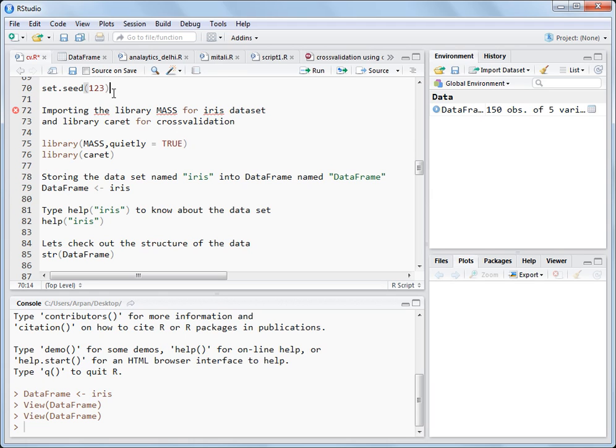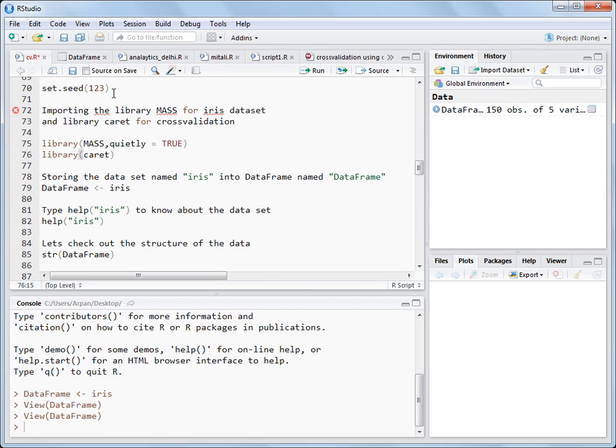So what you do is you start from here. You import the MASS library and the caret library. MASS is being used for the iris data set, and there's the caret package. You will be using the caret package because it has many models like random forest, decision tree, and other kinds of logistic regressions, multi-classification, and different kinds of regression problems. You also have XGBoost and all those kinds of models in it. With the help of this package, you will be able to do the cross validation